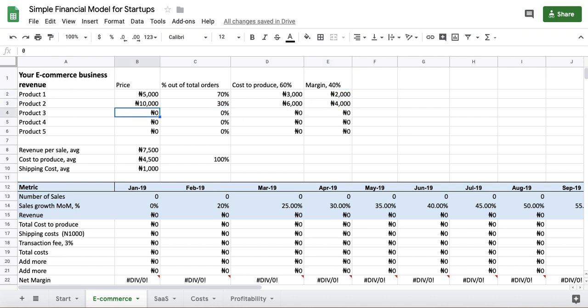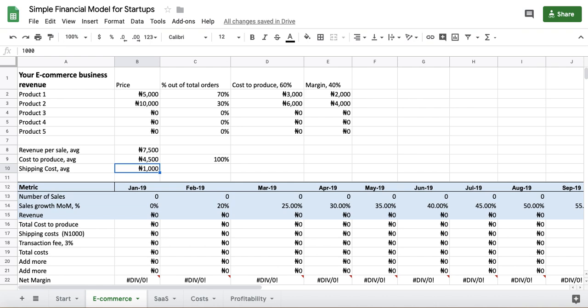So you have these two products. The average revenue per sale is basically you take the sum of all the revenue that you would make, all the prices, and you divide it by the number of products. Really simple. For the cost to produce, you do the same thing, and then manually you should put in your shipping costs. So if you're going to offer